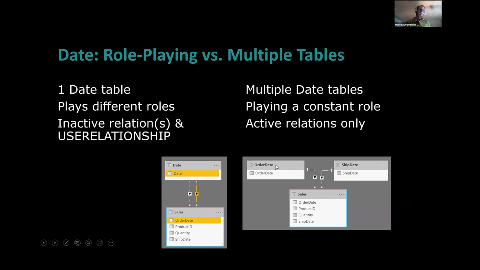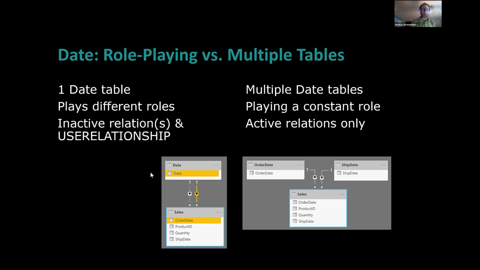The model is also bigger. I mean, it might be negligible because it's just a date table. It's not even 400 rows per year. But then we don't have to use stacks for that because we can just put a filter either on the order date or on the ship date, which is not possible in here because if both would be active, that would mean that if I put a filter on my date, Power BI would not know should it filter on the order date, should it filter on the ship date, or should we put a filter on both of them and connect it by or by and. So this is not very clear, it's ambiguous. So that's why I'm not allowing more than one active relationship in here.